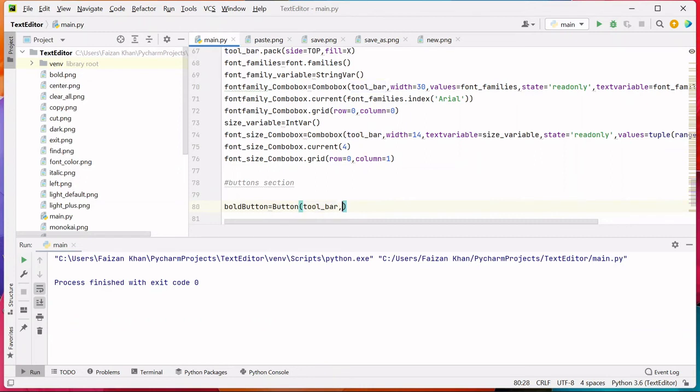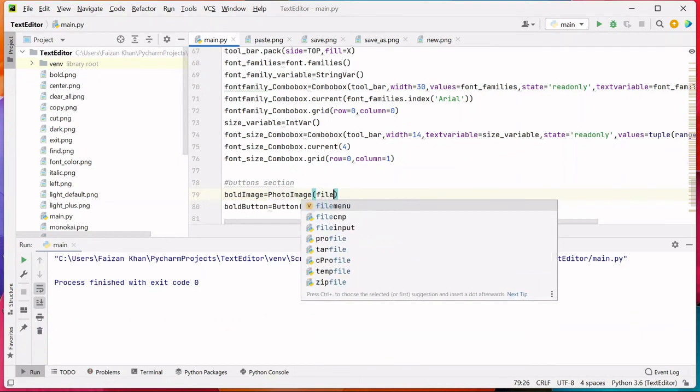But we haven't imported the image for now, so let me just mention that it would be a bold image. If you see, we are seeing this red line because this variable is not yet defined. So let's import the image. So variable name would be bold image, and we'll use the photo image class. File name here would be